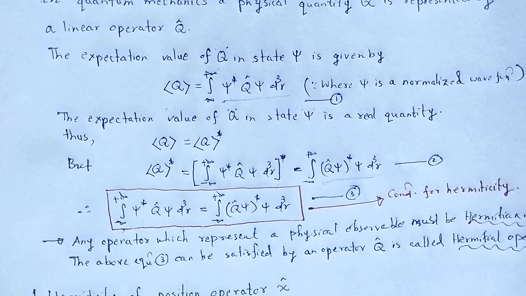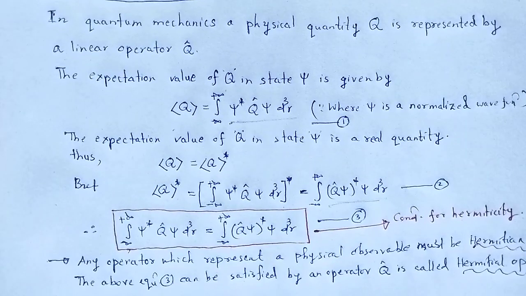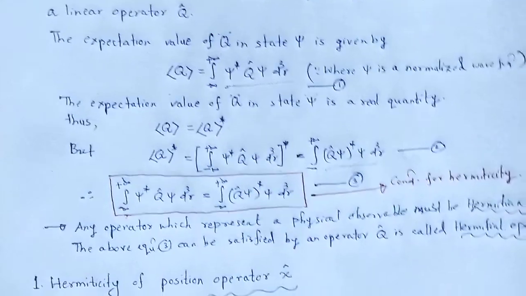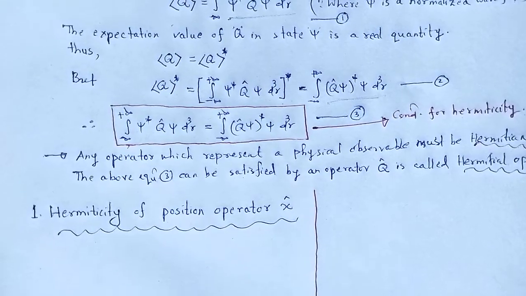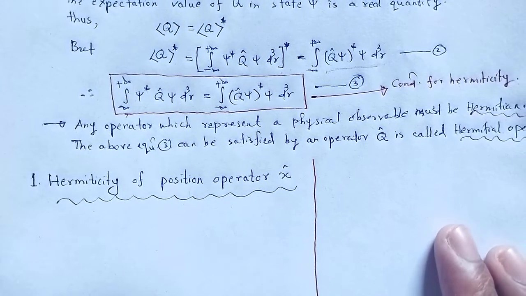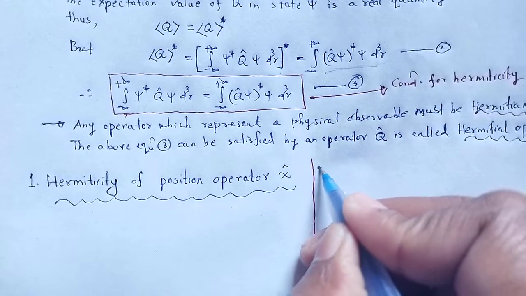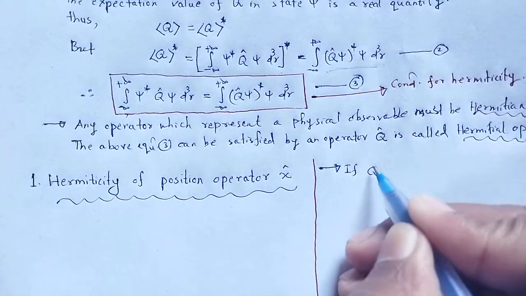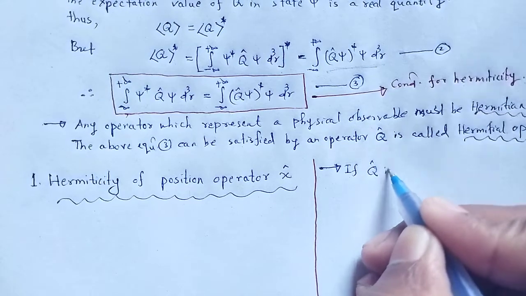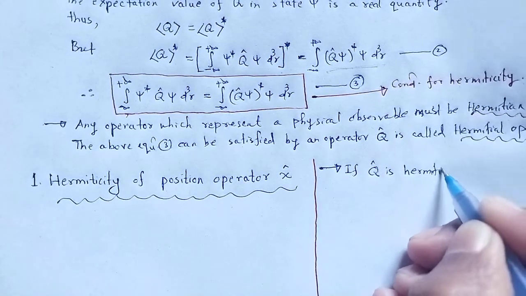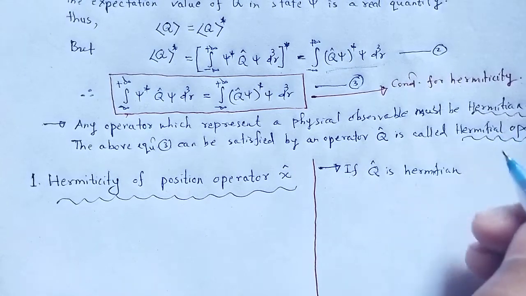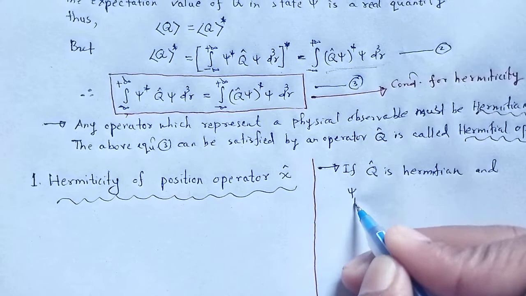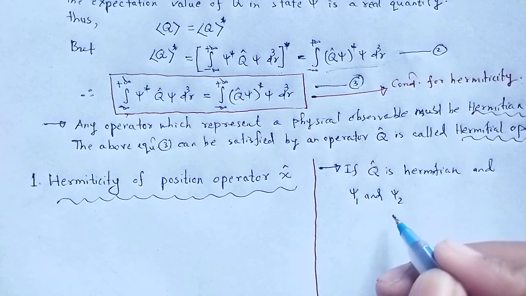Another way to define the Hermitian operator, look here, how we define it. If q cap is Hermitian, in the sense that it satisfies the condition for Hermiticity, and two wave functions psi 1 and psi 2 are state functions,